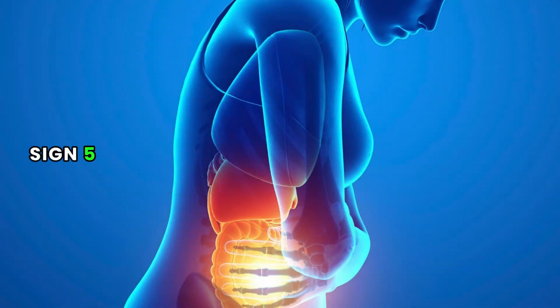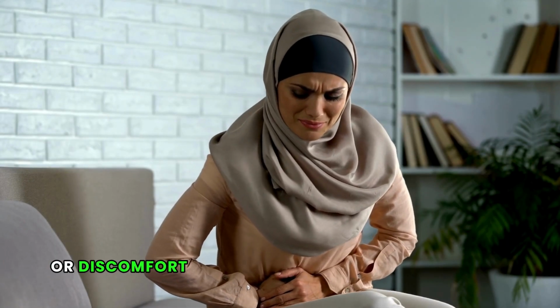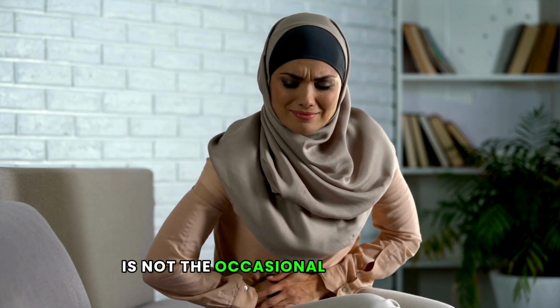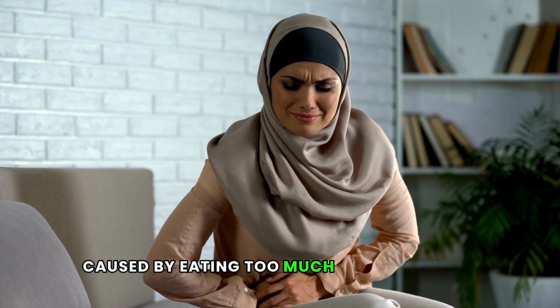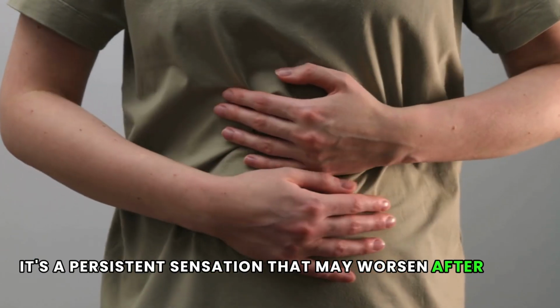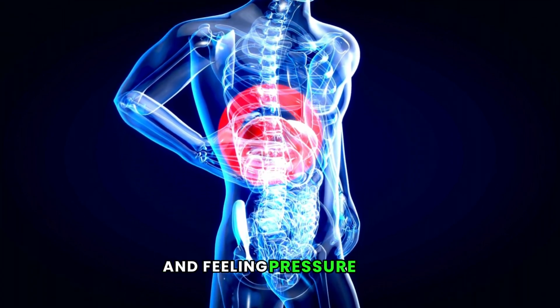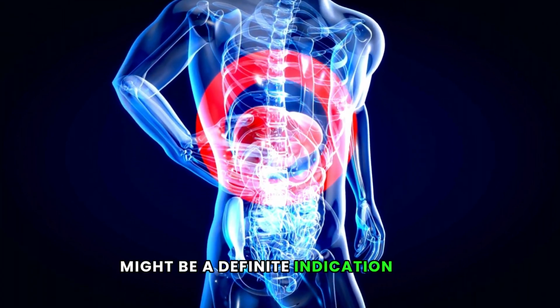Sign 5. Pressure on the right side of the abdomen. Consistent pressure or discomfort on the right side of your abdomen, just below the rib cage, is not the occasional discomfort caused by eating too much or too quickly. It's a persistent sensation that may worsen after meals. This is where your liver is located, and feeling pressure here might be a definite indication that your liver is